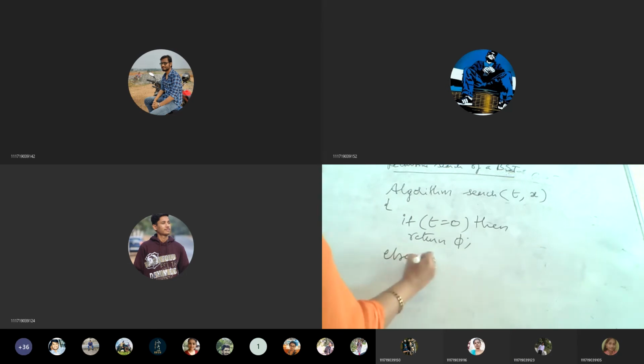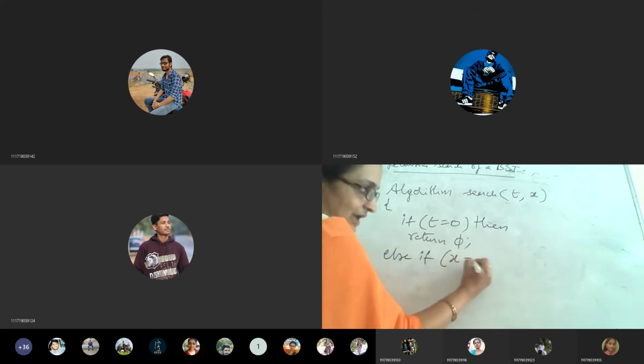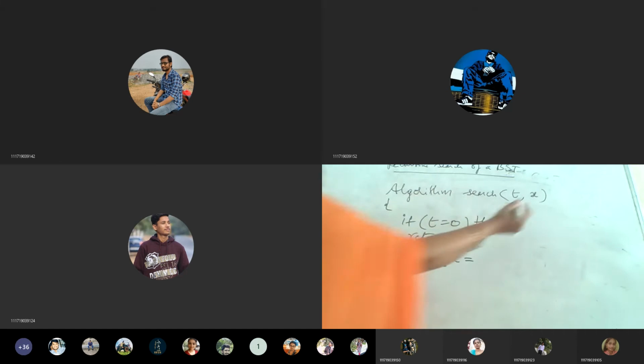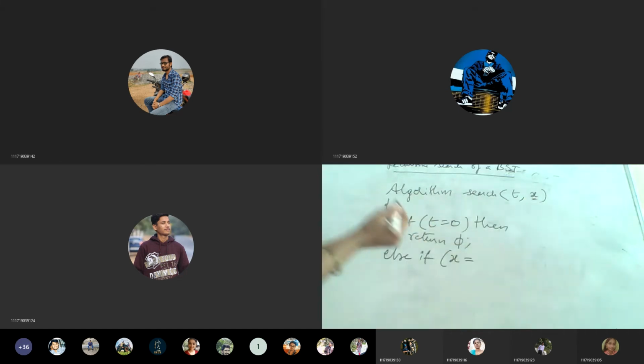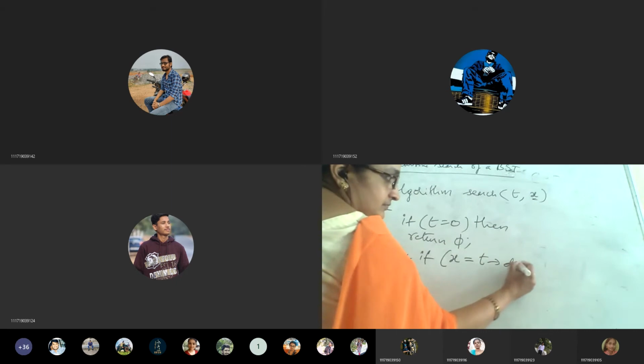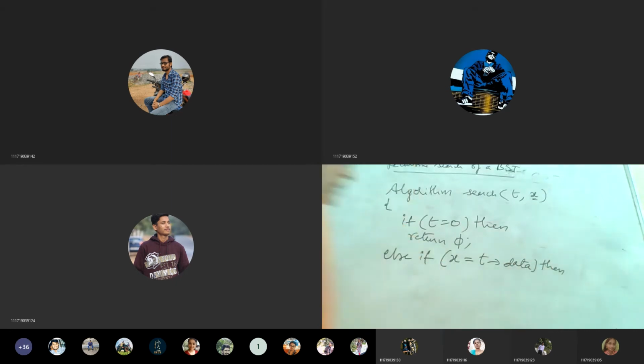So if the tree is empty, we return nothing. Else, if the tree is not empty, then what are we going to do? We first check whether the search element X is equal to the key at the root node, the data in the root node.